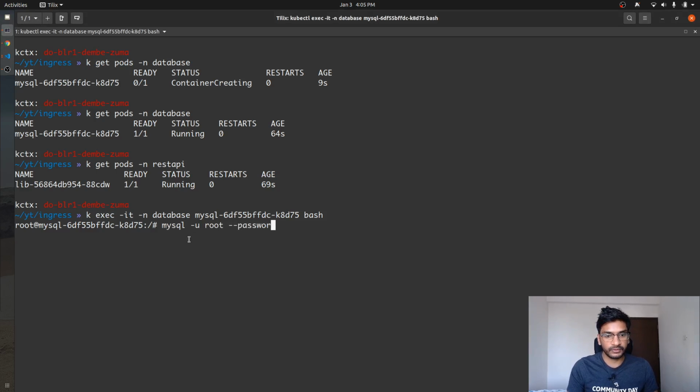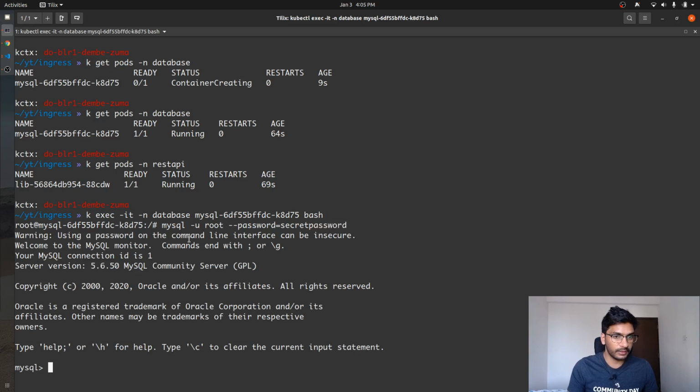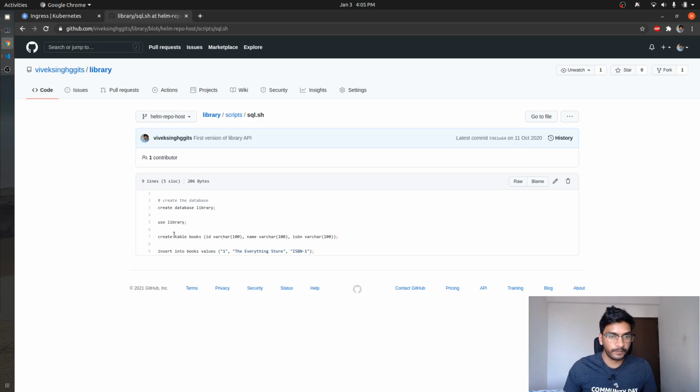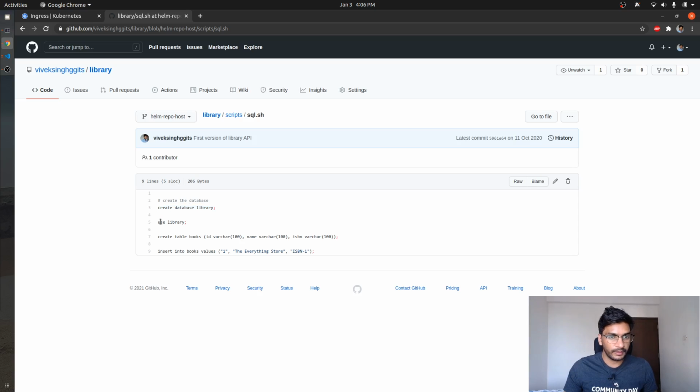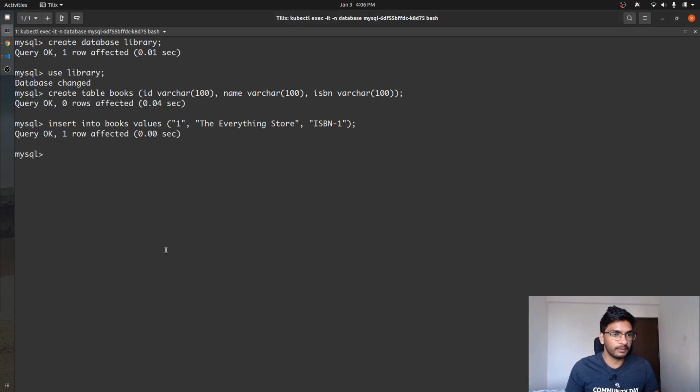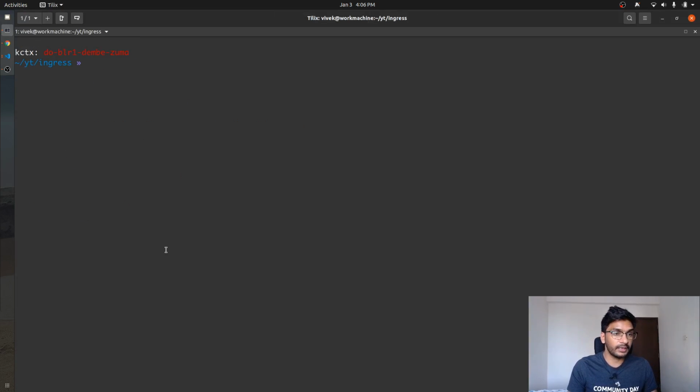The password that we provided while installing the application was secret password, right? And we are going to create a dummy database and just insert some records into that table, right? Now that we have inserted the data successfully,